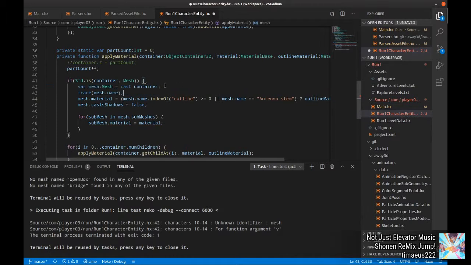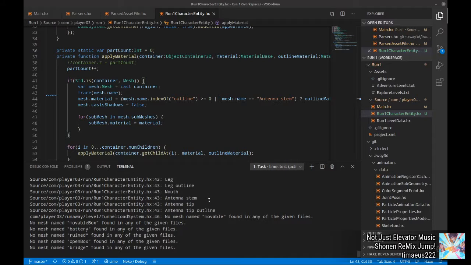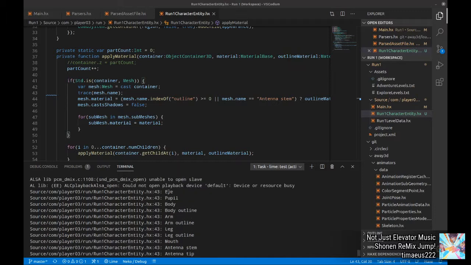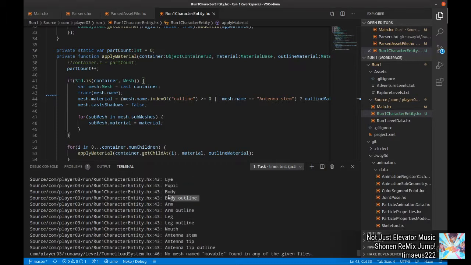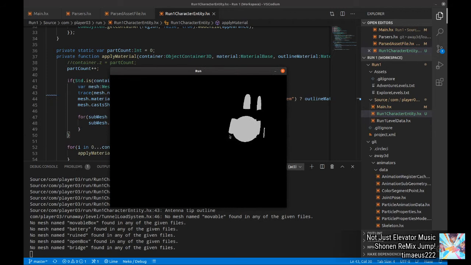Oops. Well, it should have done it. Yeah, we have names. We're looking at names like eye, pupil, body outline. So I'm going through and I'm finding the ones: body outline, arm outline, leg outline, antenna stem, and antenna tip outline, and I'm trying to color them a different color, and it's not working. Because